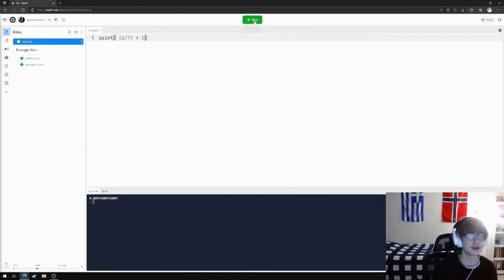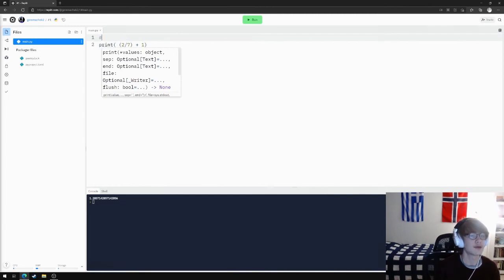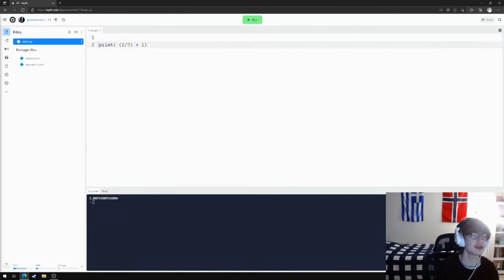And that's going to add 1 to it. Because you're essentially taking, if we do a little comment up here, this value, whatever it is, and then adding this value to it. And the reason why you might want to separate it with parentheses is because if you do something like this,